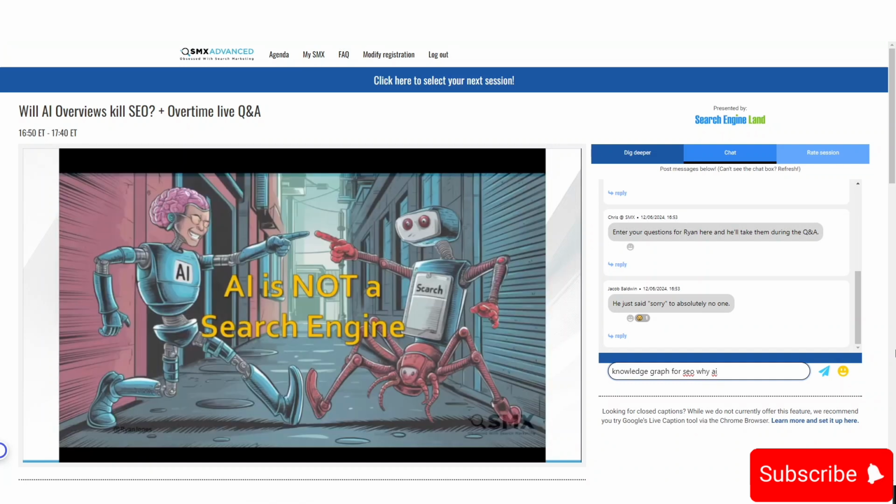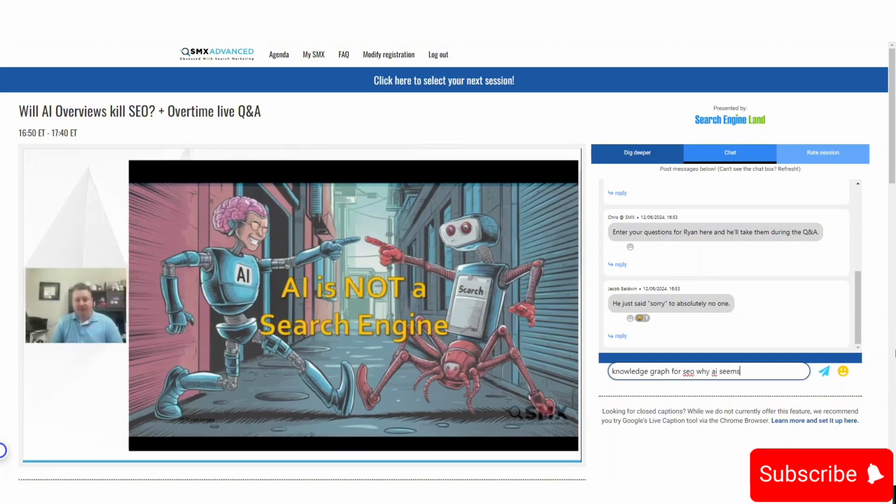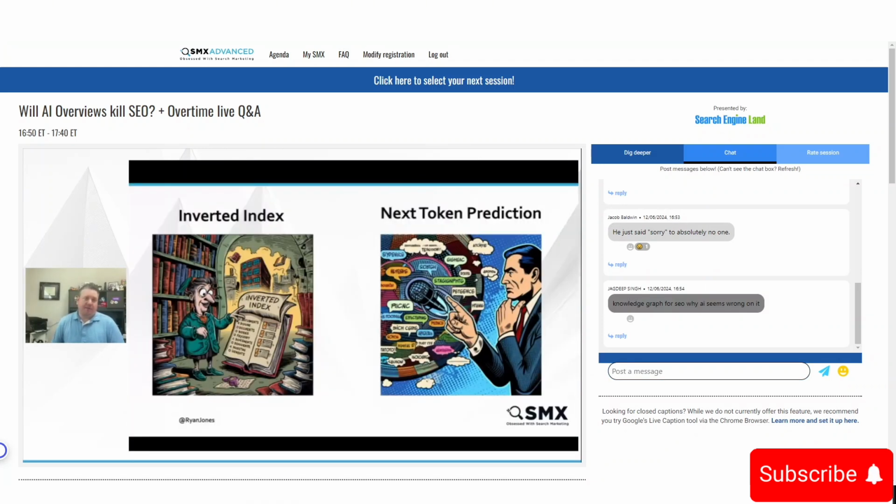It's also important to remember AI is not a search engine. And this is important because many people think of AI in the context of a search engine, but they're actually vastly different. When we think of a search engine, we think of what's called an inverted index. And for those that don't know what that means, an inverted index is just a list of words and then a link to documents that contain those words. And that's the fundamental underpinning of how a search engine works. Here's all the documents that contain this word or this term or this topic, entity, whatever.